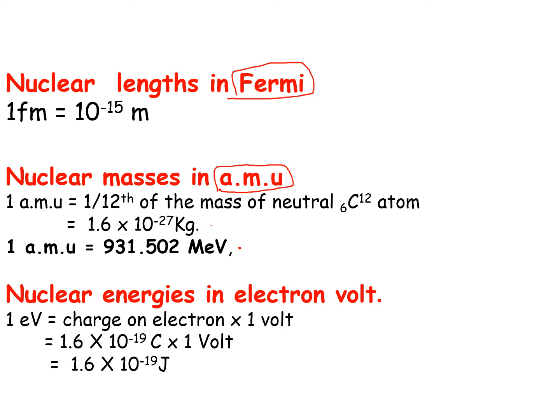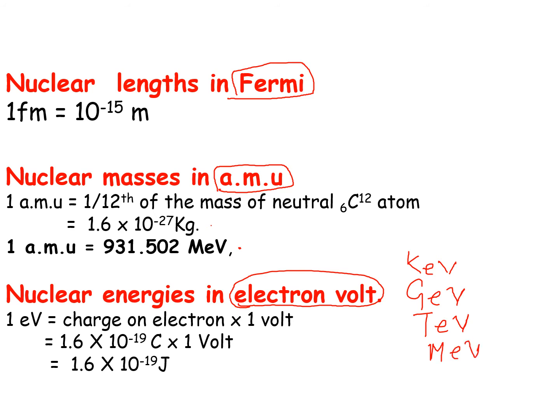Now we come to nuclear energies. Nuclear energies are measured in electron volt, that is eV. On the higher side, we have kilo electron volt, mega electron volt, giga electron volt, and tera electron volt. So these are the higher units of energy. Kilo means 10 to the power 3, giga means 10 to the power 9, then tera,